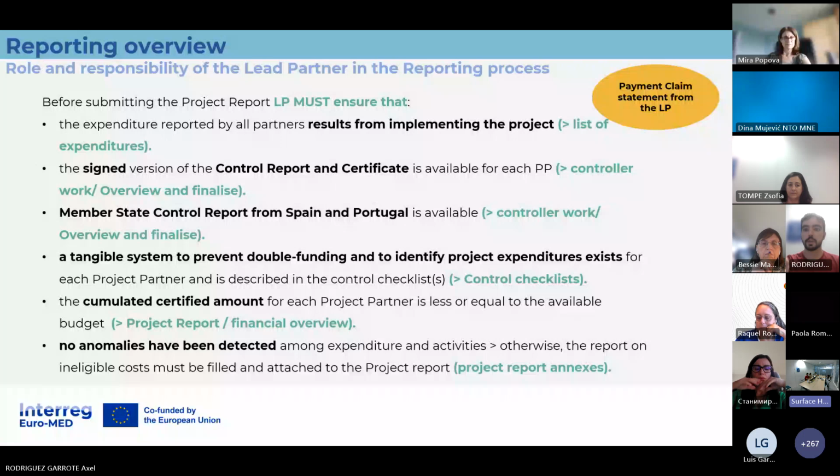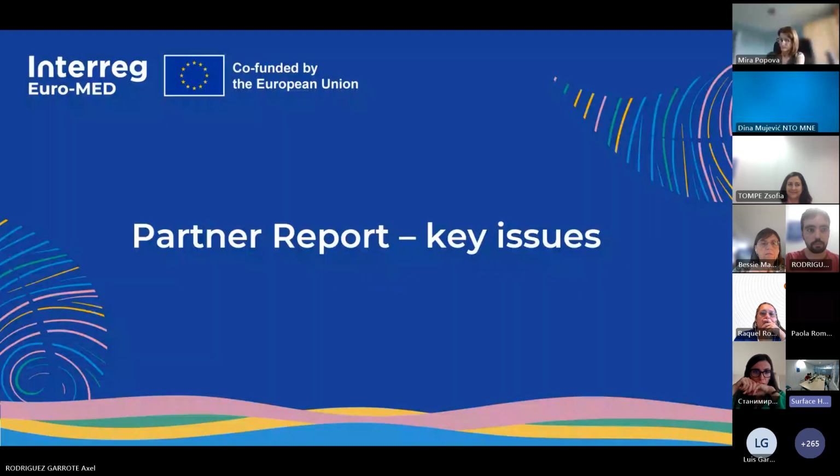Here you have also, in green, each of the sections on GEMS that are related to each of those duties. So it's a good guide for you to find the information that you need to fulfill any of those responsibilities. So now we will go step by step with all the elements of the reporting package. For the partner report, here we have our colleague Jovia, who is going to present you the key elements. Thank you very much.